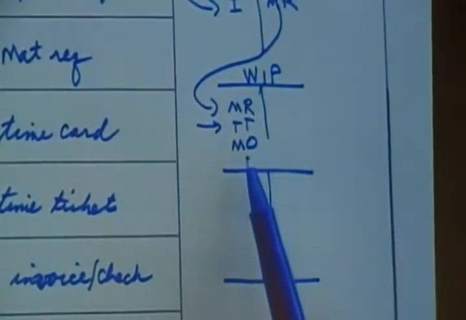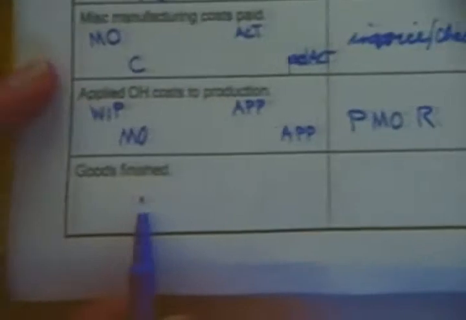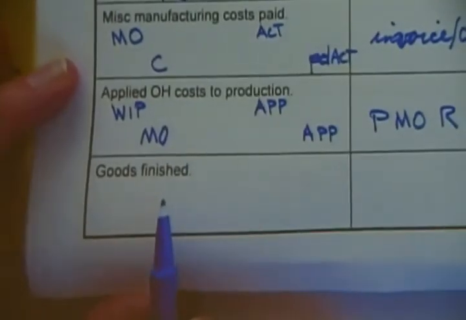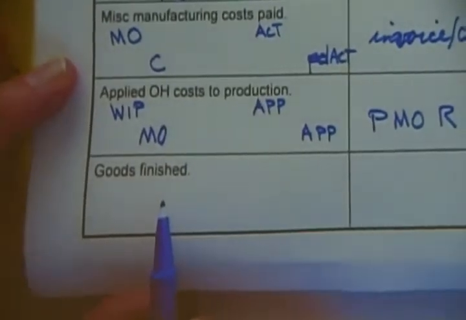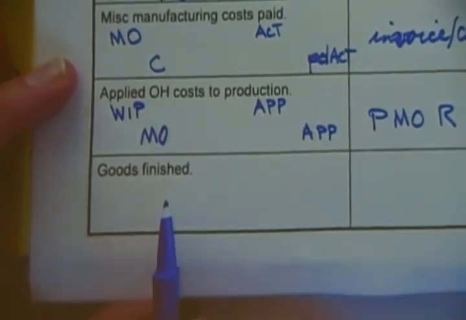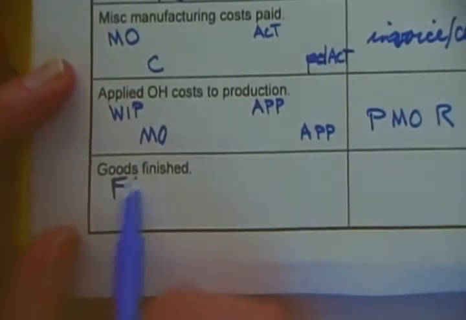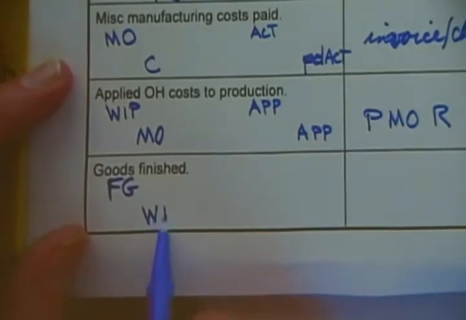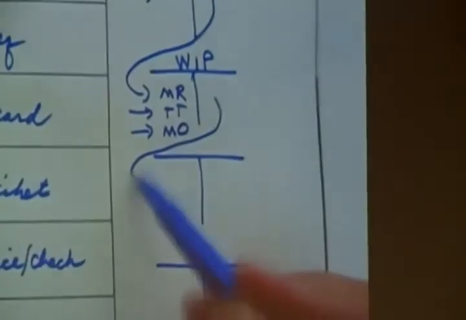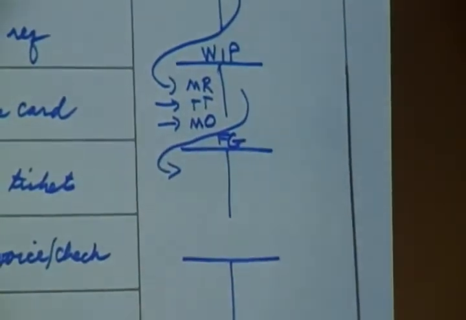When I've got three debits to work in process, one for materials, one for labor, one for overhead, then I should be able to produce a product. And sure enough, the exercise says we finished some goods. Who's willing to make me this entry? Paula? Debit finished goods, credit work in process. Debit finished goods, credit work in process allows us to draw this arrow to finished goods. And I'm going to say this amount